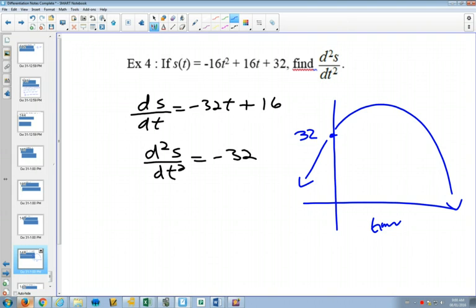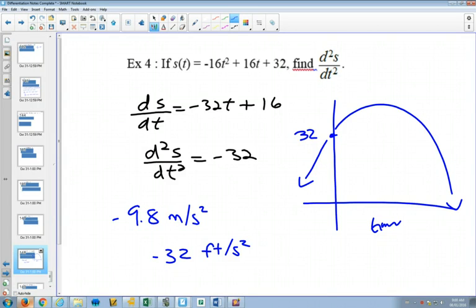Now, when we take a derivative of our speed, of our velocity, we get acceleration. What does acceleration do to gravity? Negative 9.8 meters per second squared? Yes? Physics tells you that? Science tells you that? Okay? But we got negative 32. So this is rounded. It's not exactly right, but if it was from an American textbook, you'll get